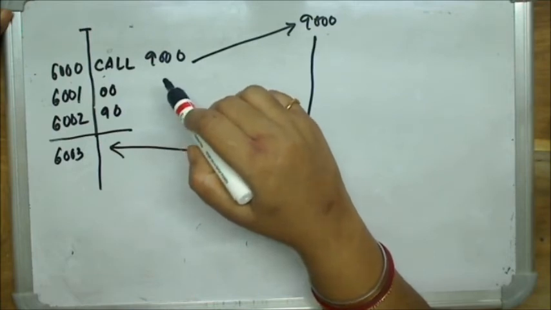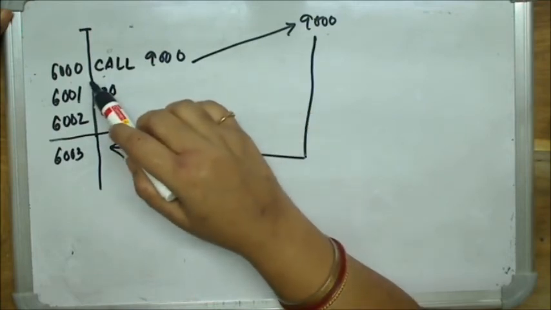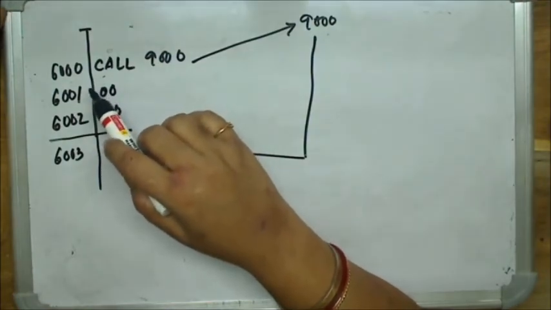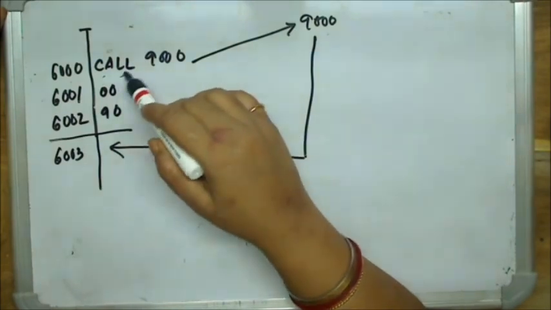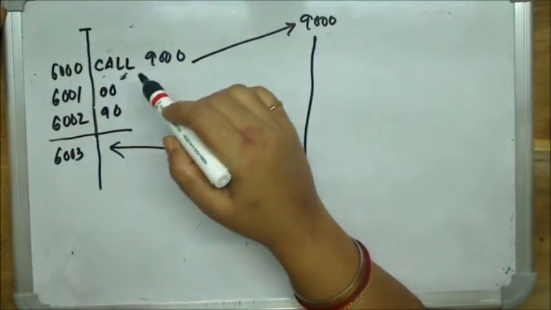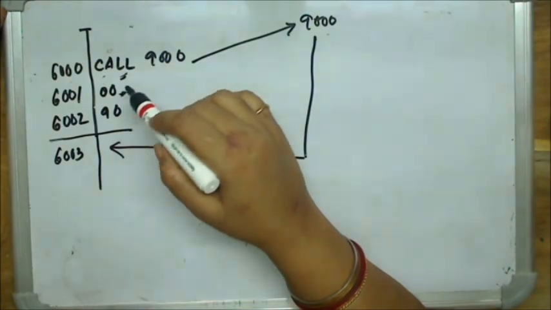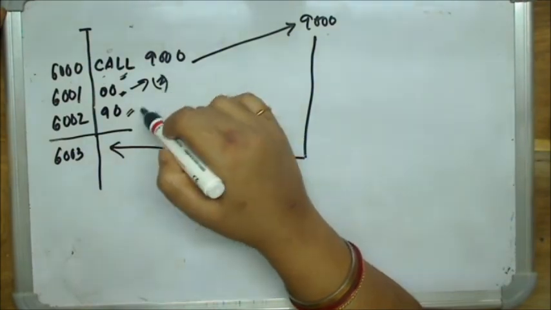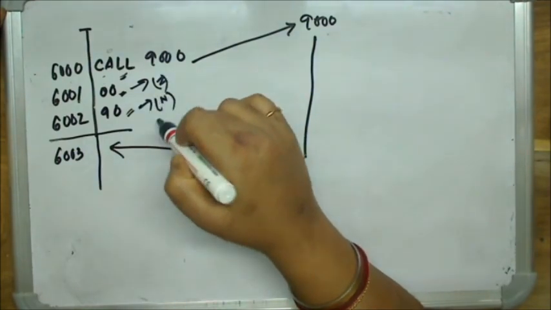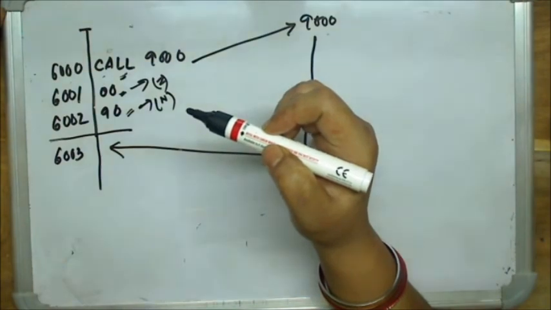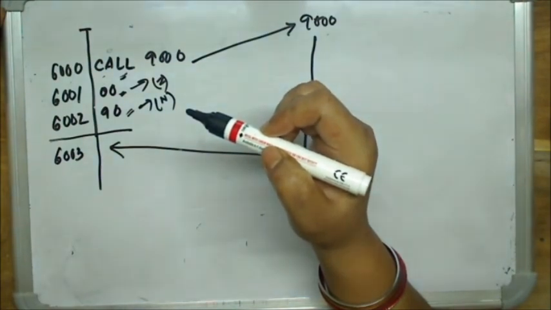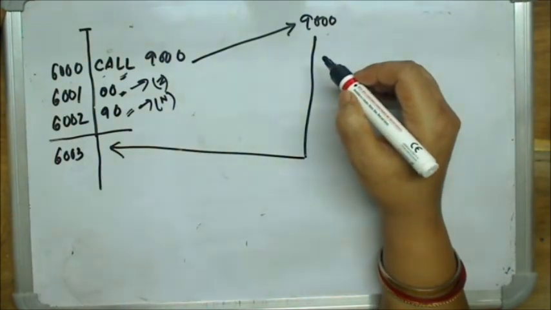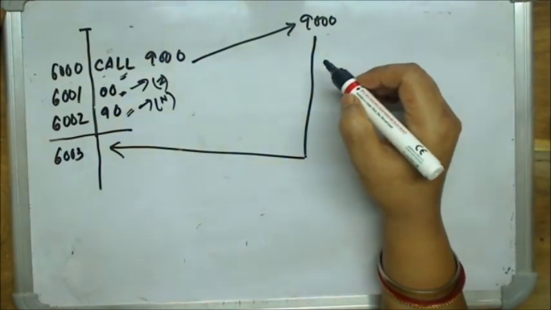Okay? And at this memory location, what will the processor first do? The processor will fetch and decode the instruction call, right? And it will fetch 00 and it will fetch 90. 00, after fetching, it will store in the Z register, and 90, after fetching, will get stored in the W register, right? Now the processor knows it has to go to 9000, so it places 9000 into PC from the WZ register.